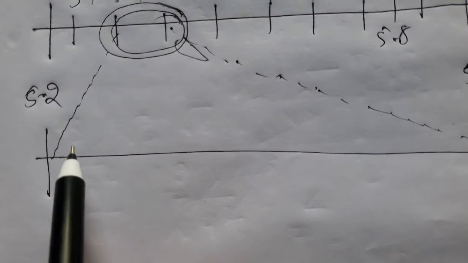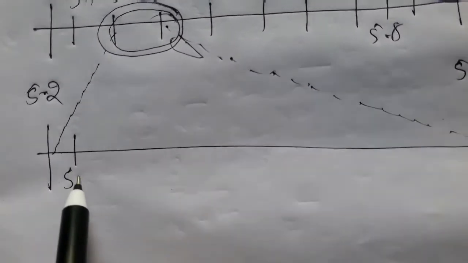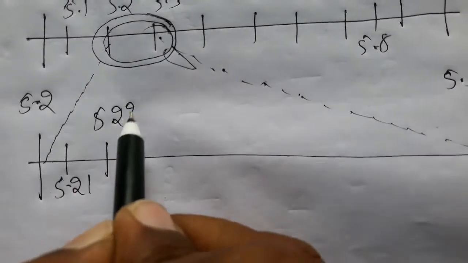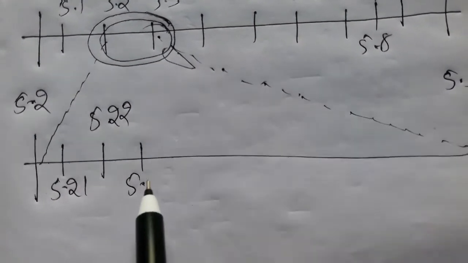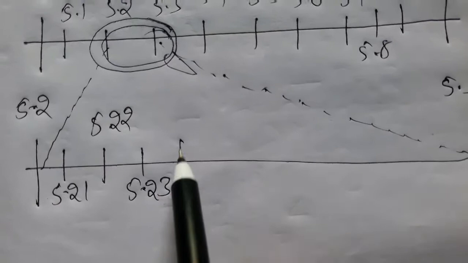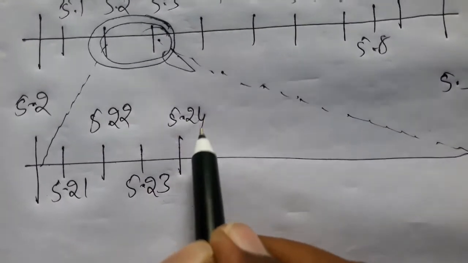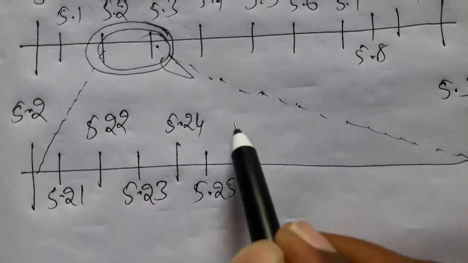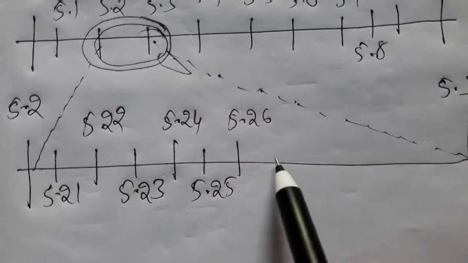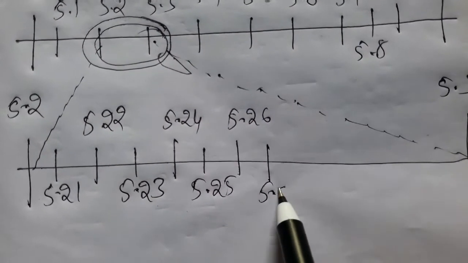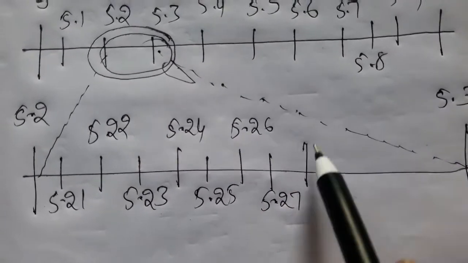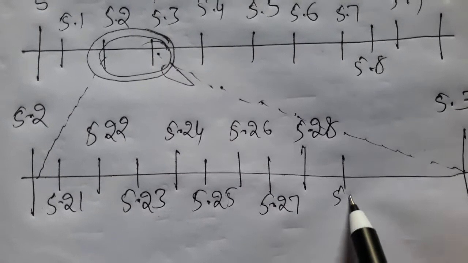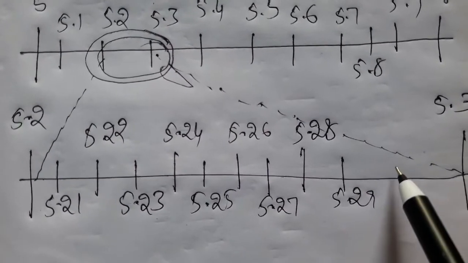Now see, next number is 5.21, next 5.22, next 5.23, next 5.24, next 5.25, next 5.26, next 5.27, next 5.28, next 5.29,